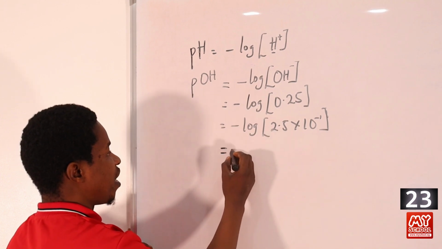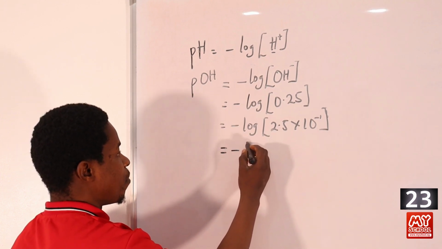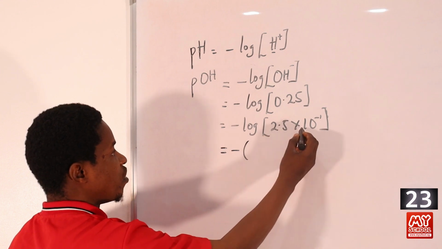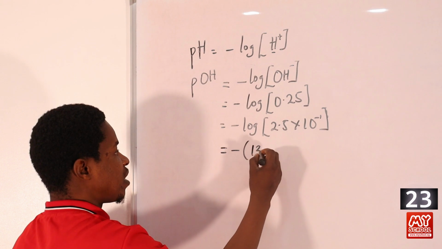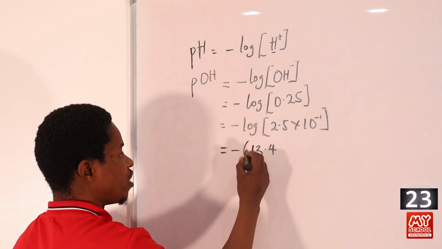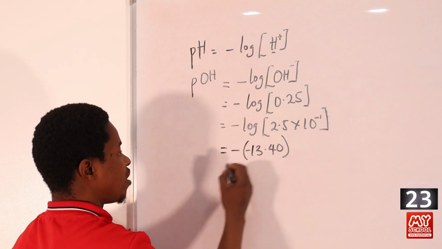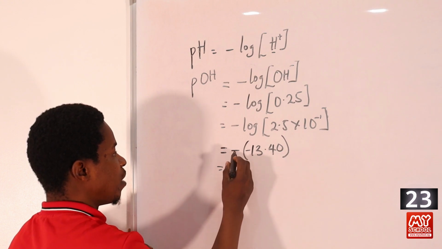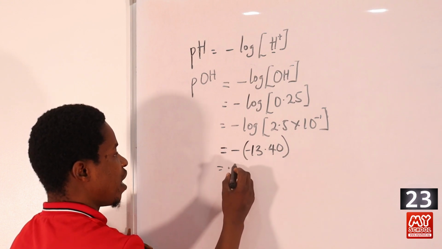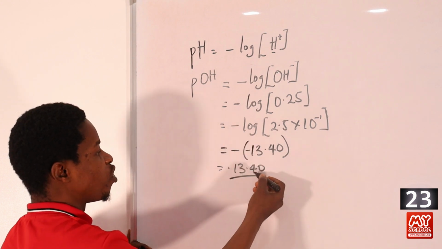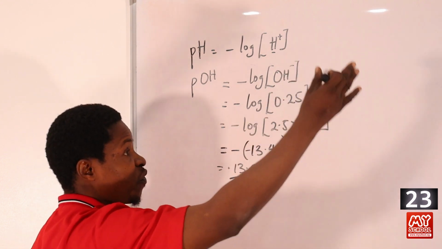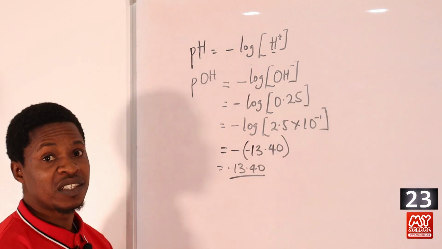We have this negative value here, and the logarithm of this. By the time you punch 2.5 times 10 to the power minus 1, we have 13.40. Of course, negative 13.40. By the time you multiply, negative cancels negative, you have a positive here, that is 13.40. Of course it should not be beyond 14, because 14 is the highest value